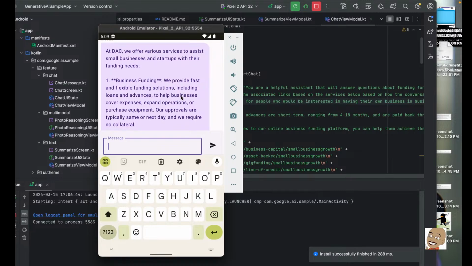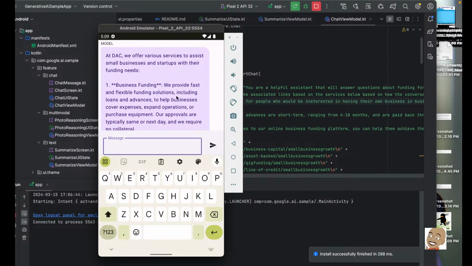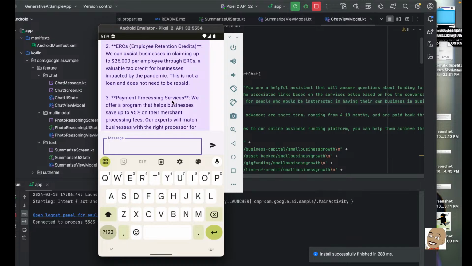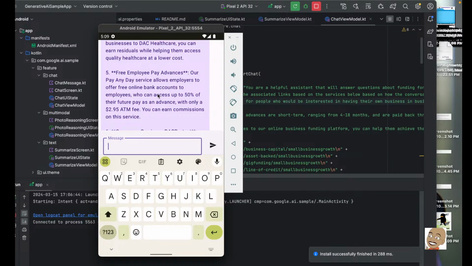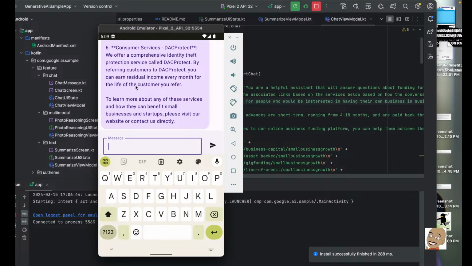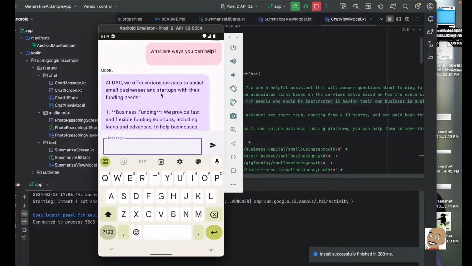Okay, so it says at DAC we offer various services to assist small business funding, ERC, payment processing, DAC healthcare free, employee pay advances, customer services. Okay,